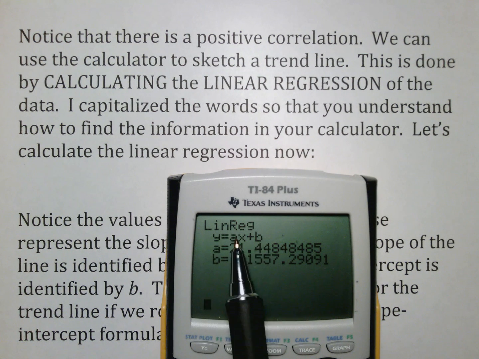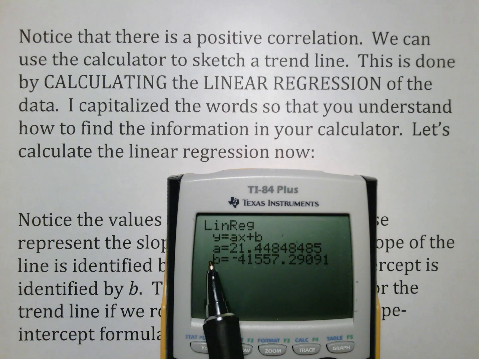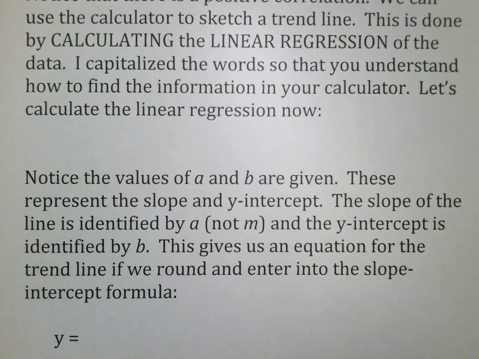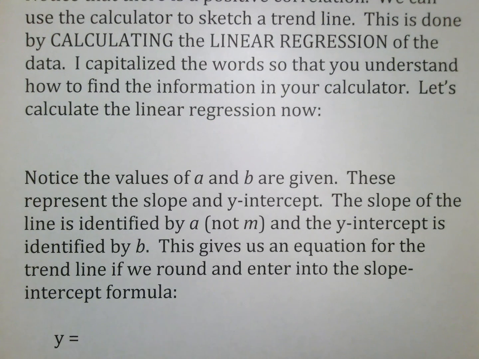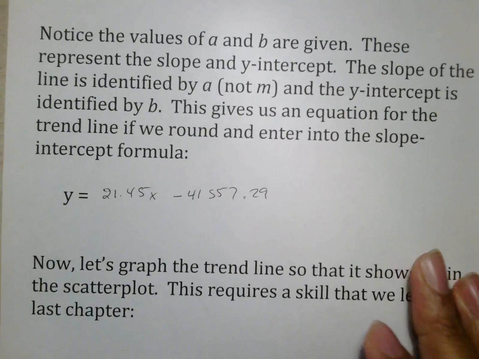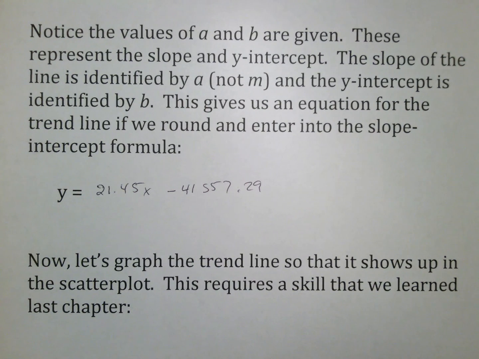Y equals mx plus b, so you can recognize that A is in place of m and b is still your y-intercept. And so the slope of this line is identified by A, not m, and the y-intercept is identified by b. This gives an equation if we round to enter the slope-intercept formula. And I would go to 2 decimal places, so I would do y equals, since A is 21.44, not 44, but 45, x minus